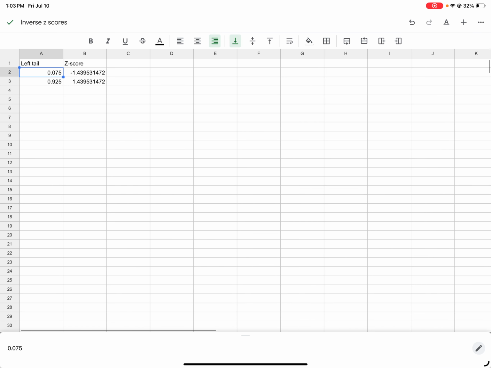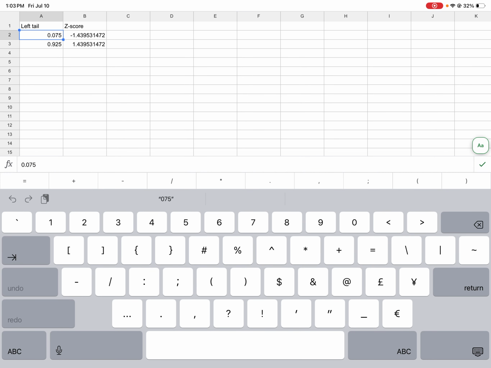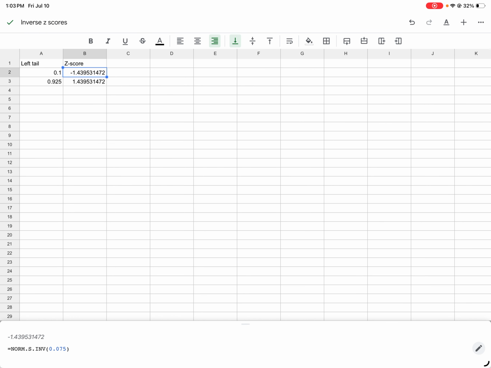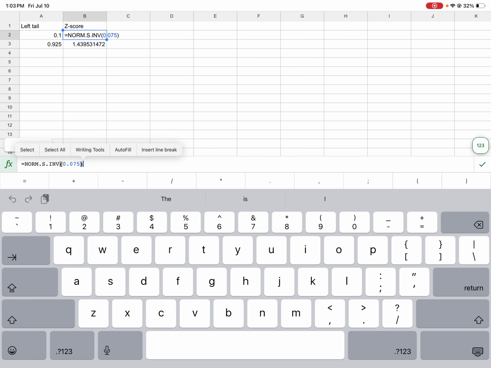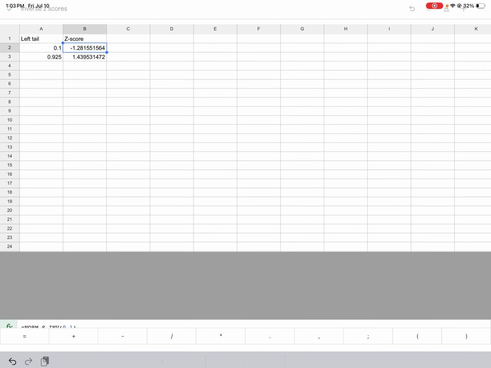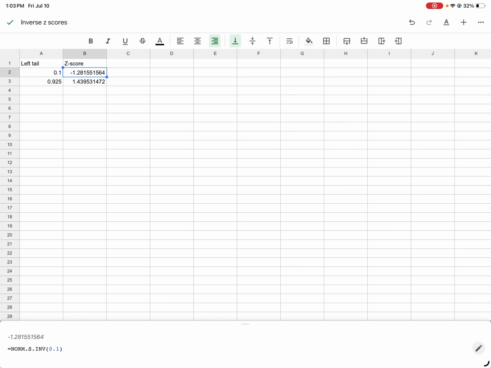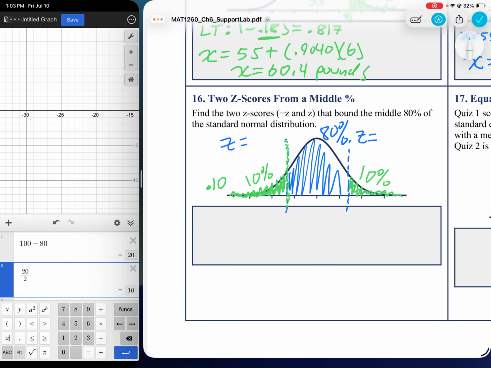So I'm going to go up here and just change this real quick to 0.10, or just 0.1, doesn't really matter. Then over in my z-score, I'm going to adjust this, and I'm going to put in 0.10, close that parenthesis, and I will get a z-score of negative 1.2816. I need four decimals, sorry. Negative 1.2816. Now I automatically know the answer up here is going to be the positive of that z-score